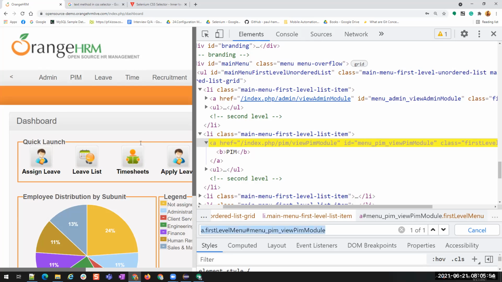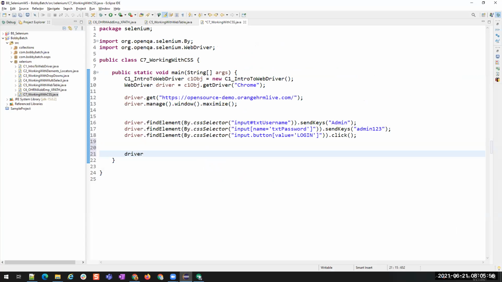Driver dot find element by dot CSS selector dot. Okay, I missed one brace. Understood?